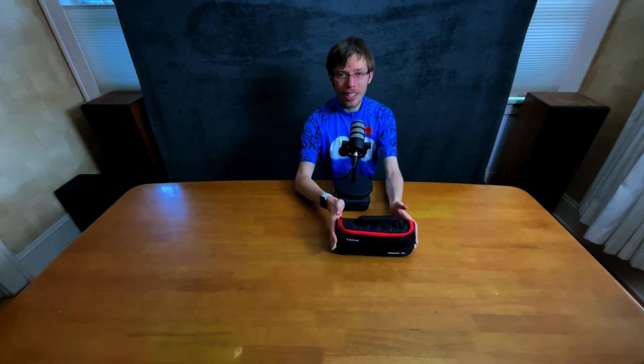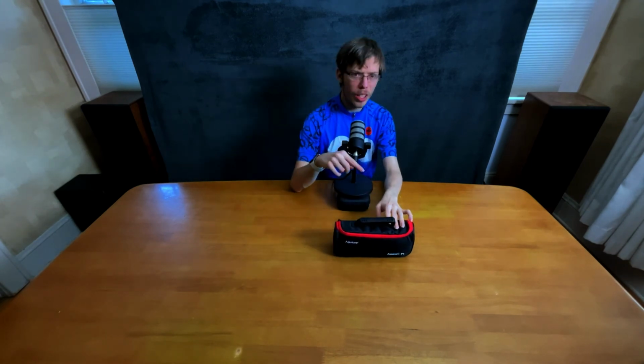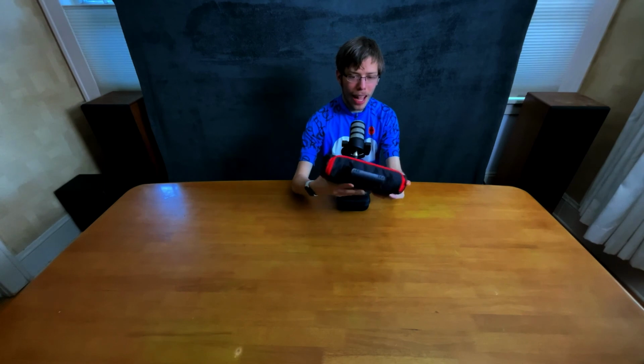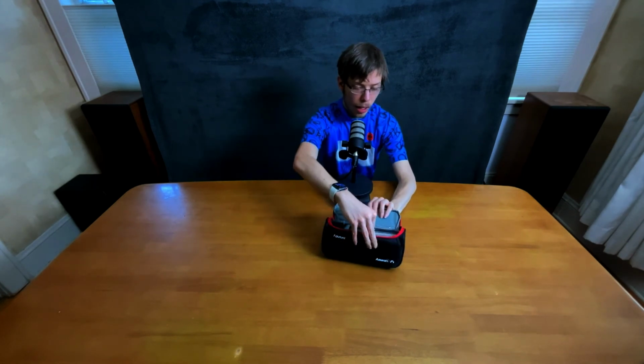But it also can do tungsten and daylight, and it can do 100 to 0 and lots of other cool spec things. It's amazing. If you're looking for a light, I really recommend Aperture's products. They're really good quality, especially this. This is amazing, and it comes in a really nice carrying case. So you get the light,